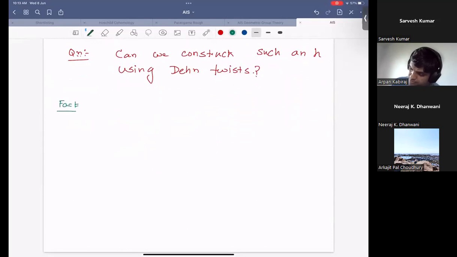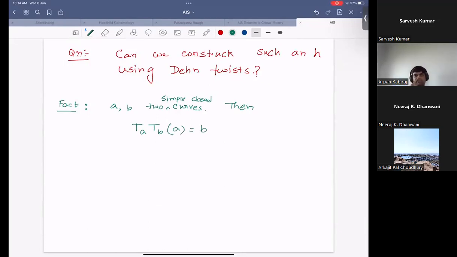This is just four pictures. If you have two simple closed curves A and B, then this gives you what is known as the braid relation, but don't bother about that. So the result is the following: TB TA TB of A is equal to B. So if you apply the Dehn twist along B to A, and then again apply the Dehn twist along A to that final result, you are going to get